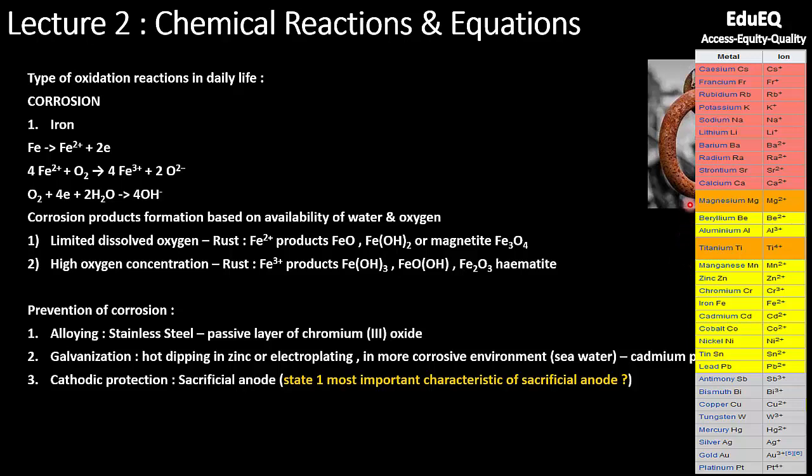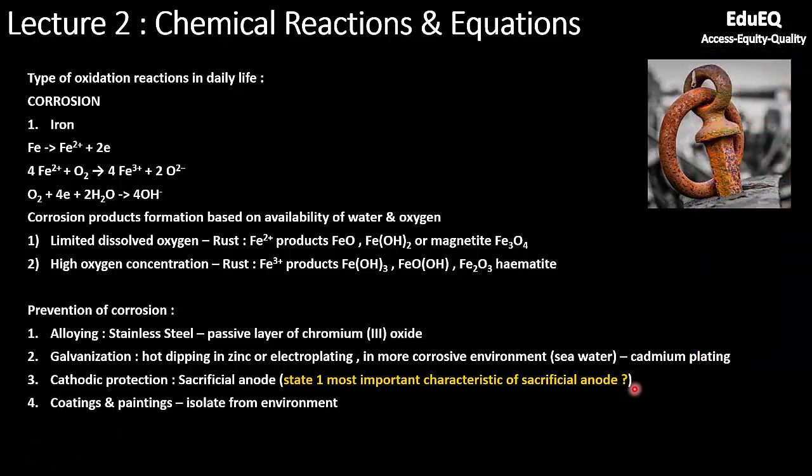When we put a small piece of magnesium in contact with iron, whenever there is a chance of oxidation, magnesium, being more electropositive, will lose electrons first, and thus it will protect the underlying iron. That is the whole concept of a sacrificial anode. Any metal more electropositive than iron can be used, and that metal itself will be corroded or consumed over time, and the iron will be safe.